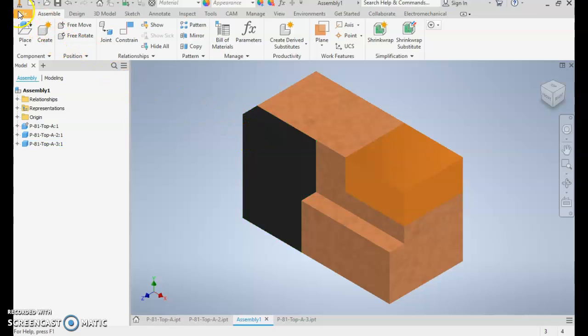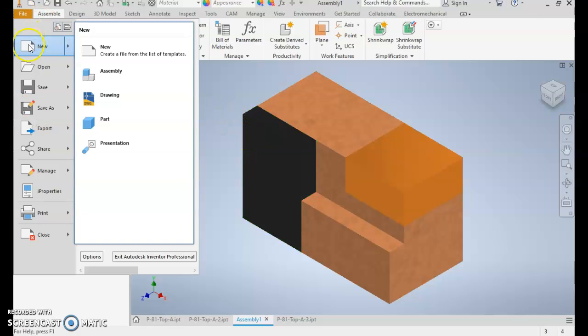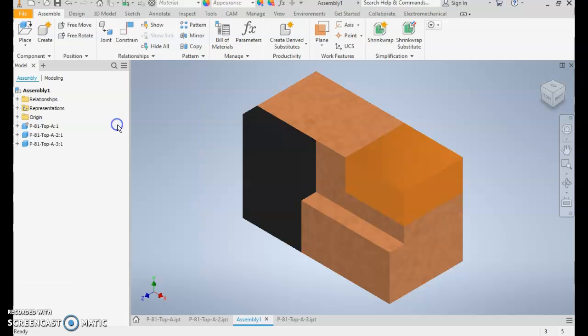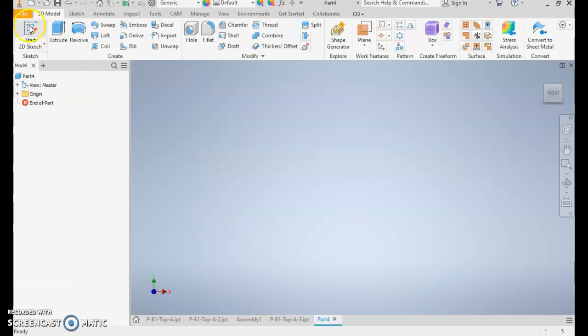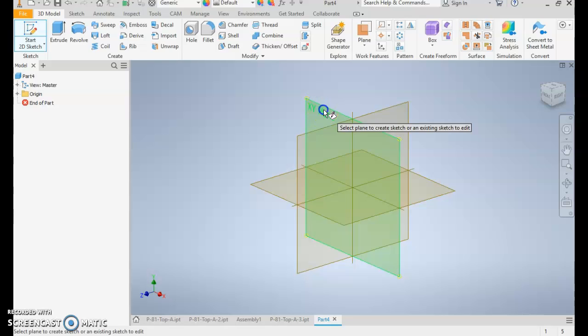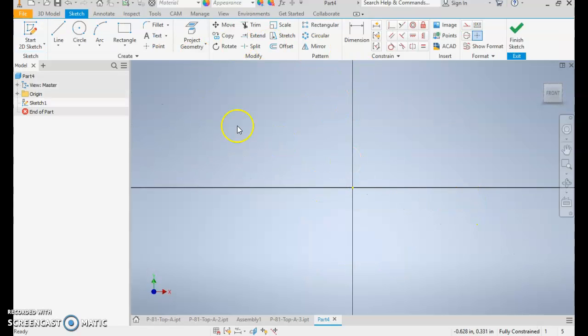So I'm going to go to File and make a new part again. I'm going to start that on the front plane. And I'm going to draw a triangle shape. Now for a triangle shape, you're going to have to use the line command. So I'm going to draw the baseline here and my baseline